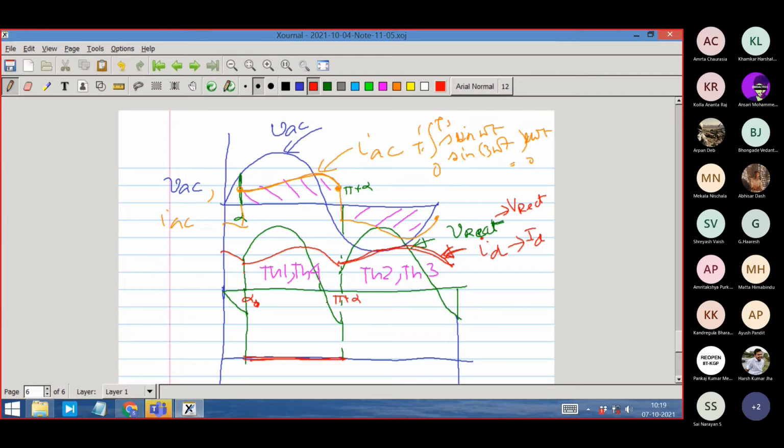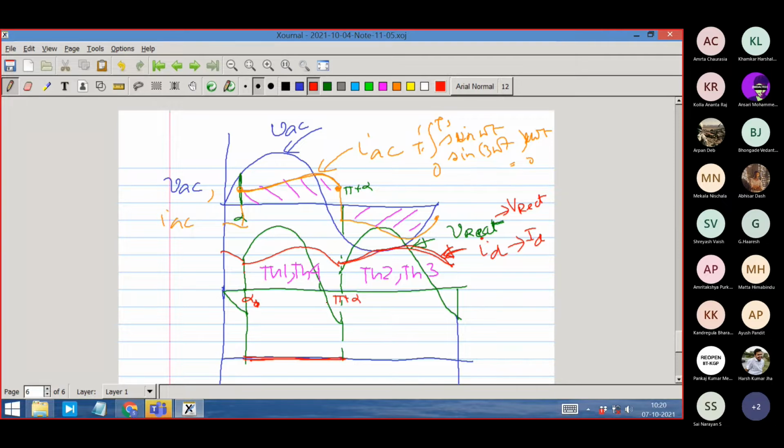The helping thyristor is TH2 for it, as if TH2 and TH3 are the commutating thyristors or the auxiliary thyristors, right? So they help TH1 and TH4. But the beautiful thing is that TH2 and TH3 will also carry power. So it will commutate TH1 and TH4, but subsequently carry power, right? That is why it is serving dual purpose. That is why this circuit is so popular, that you don't have any extra circuit burden. You are able to turn off TH1 and TH4 without extra components.